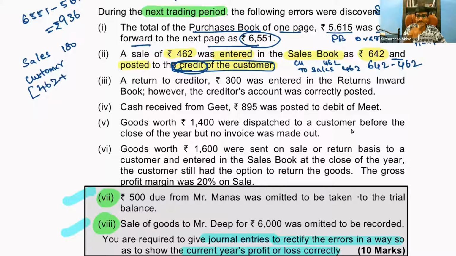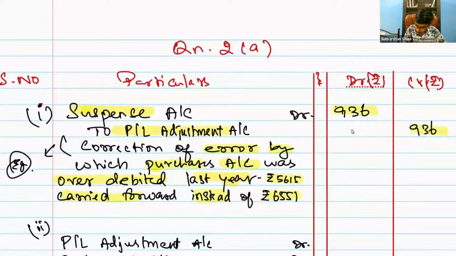To cancel this, to nullify that entry, what do I need to do? Again, I will debit it by 642 rupees. Add 462 plus 642. What is the value? 1104. What is the other account I will prepare? I will simply put it in my suspense account. Add that value 180 to it. We will get 1284. So the entry will be